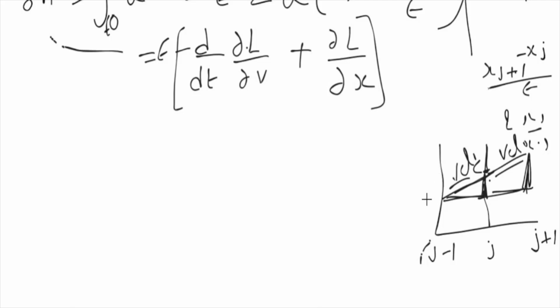So when we change xj a little bit, then we got two terms because of xj plus 1 and xj minus 1. One is associated with the integral in front of that point, and another is associated with the integral behind that point, and it is coming with opposite sign. Why? Because when you change this point, say C, up and down, the velocity here increases, and the velocity here will decrease. That's why the negative sign has come here.